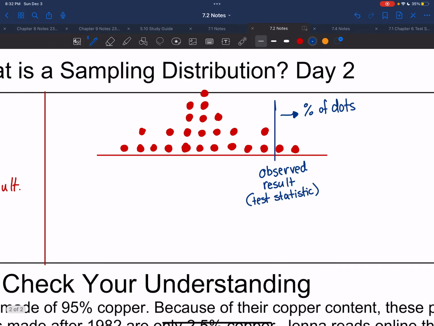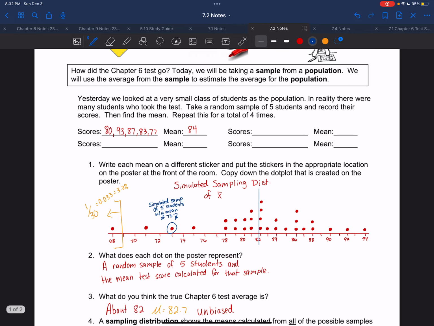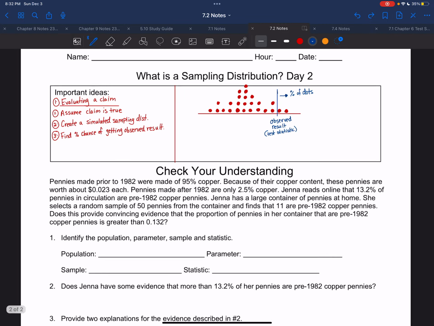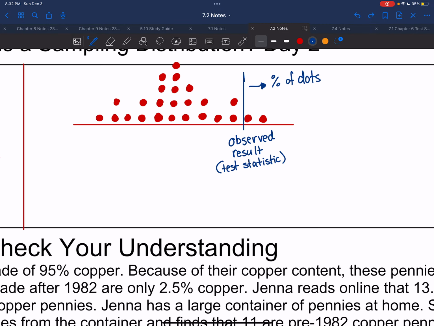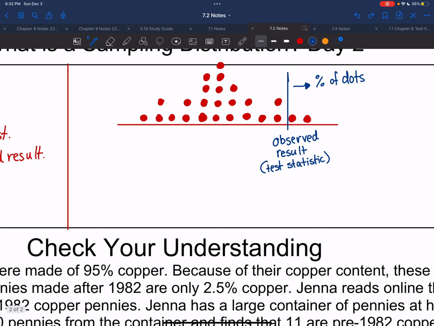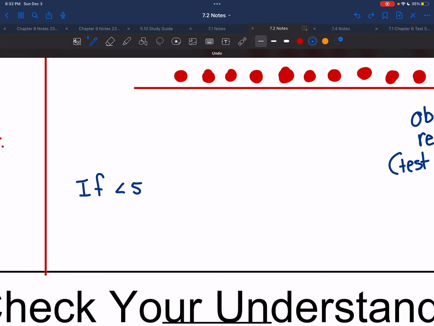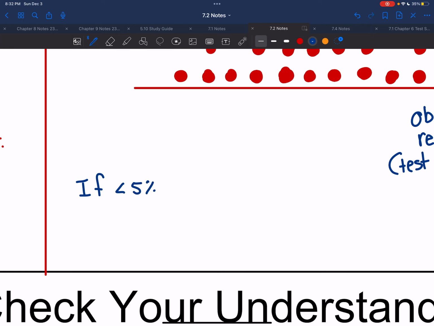Now, the cutoff point, right? Because we got 3.3% in real life, and we said that resulted in us saying, well, it's really unlikely for that to happen. There's actually a number that we look at for this, and typically it's 5%. Now, if you have less than a 5% chance, then that means that you have convincing evidence